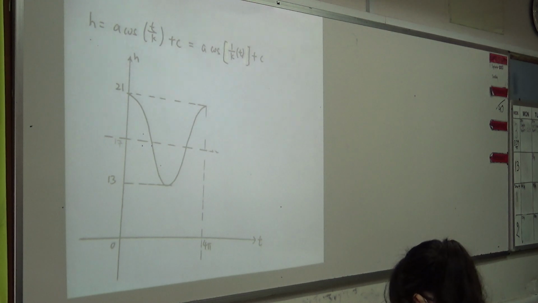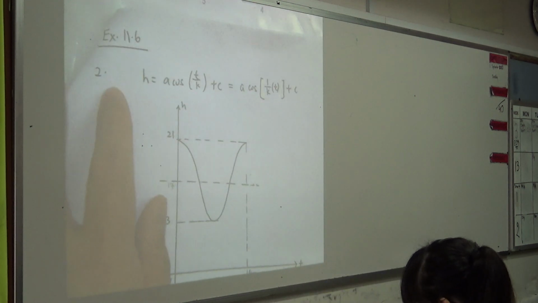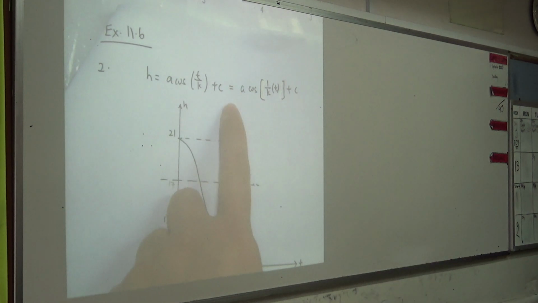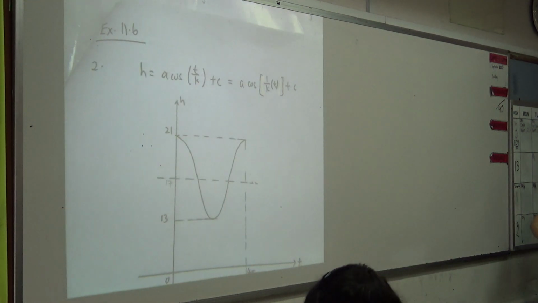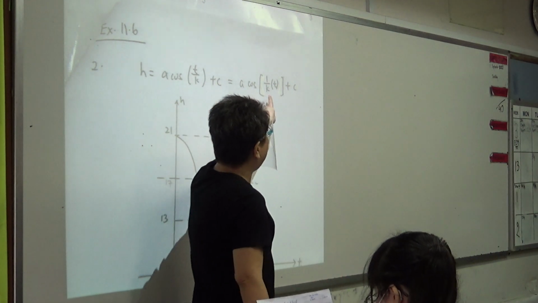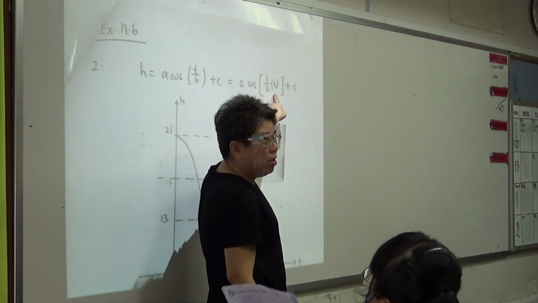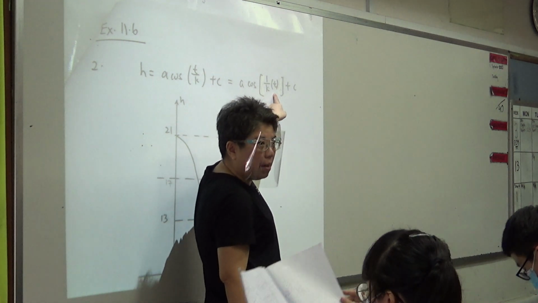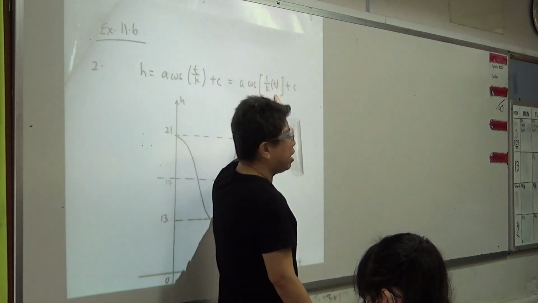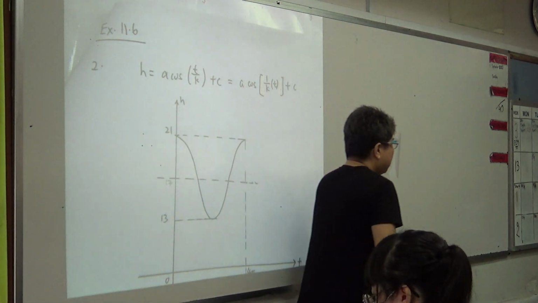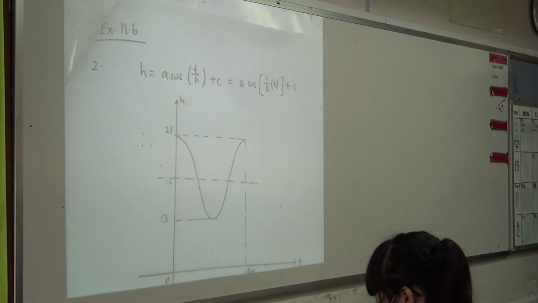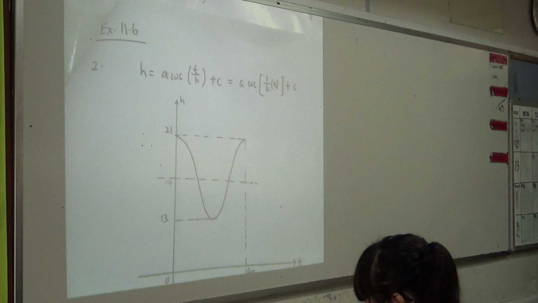given by this equation. H equals A cosine T over K plus C. Now, I just want you to take note that T over K is the same as 1 over K times T, right? You agree with me? Alright, I'm just rewriting it. Okay? Alright, now next. They say that when A, C, and K are constants, the depth of the water is